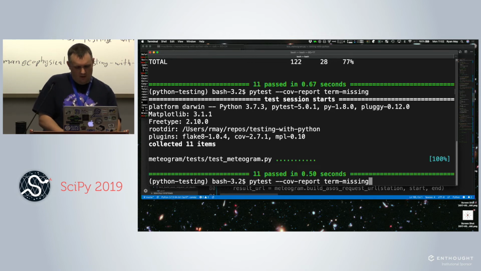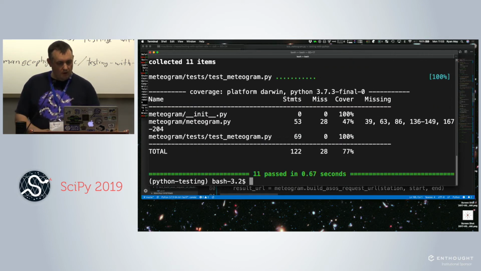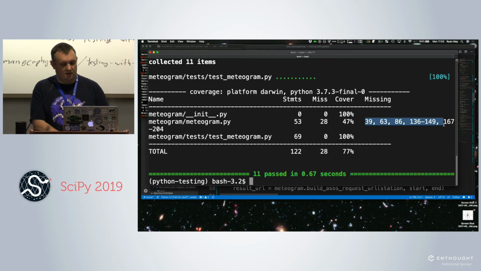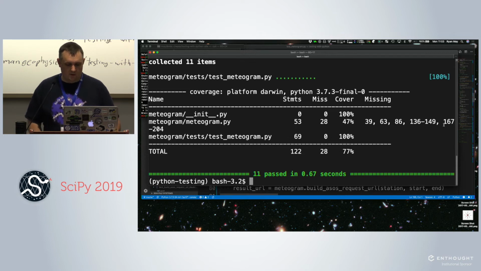Oh, so I added the report, but I didn't tell it to run coverage. So let's try that again. Okay, so now we see we have the same coverage information, 47% coverage, and now we have a list of what lines of code are not being tested at all. So we say line 39, 63, 86.